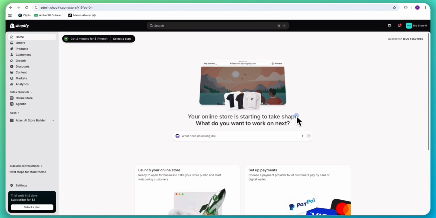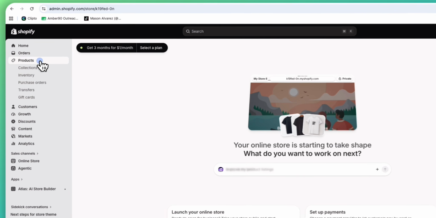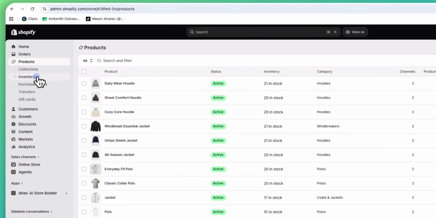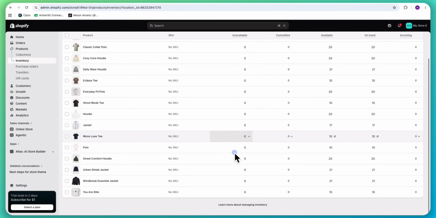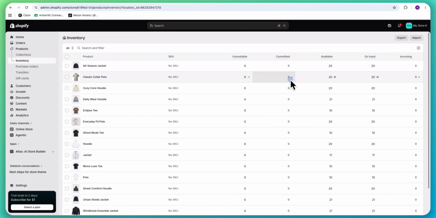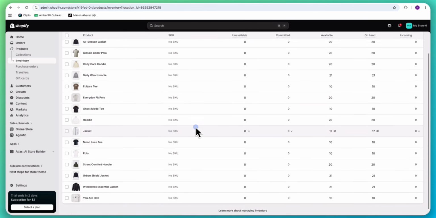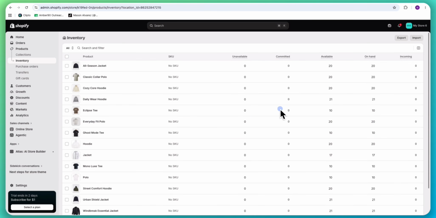So, to get started, open your Shopify admin dashboard and click products from the left hand menu. From there, select inventory. So, this page will show the products in your store along with their current stock levels. And in here, you can check how many items are available and make changes whenever you need to update your